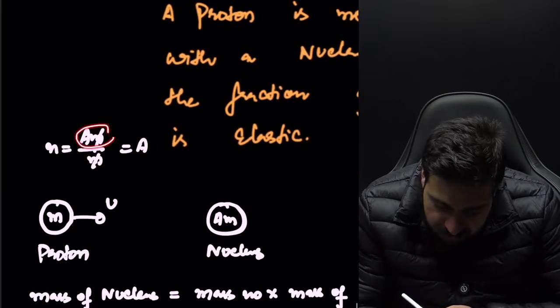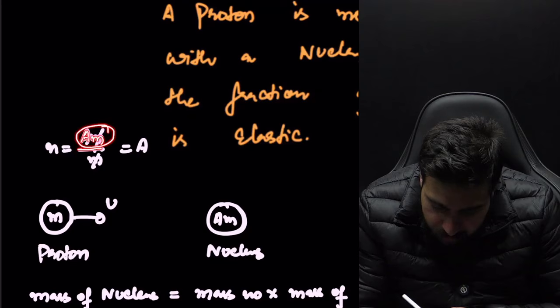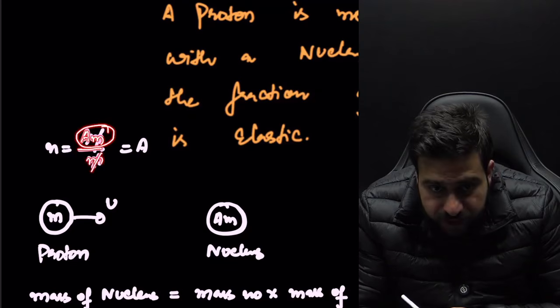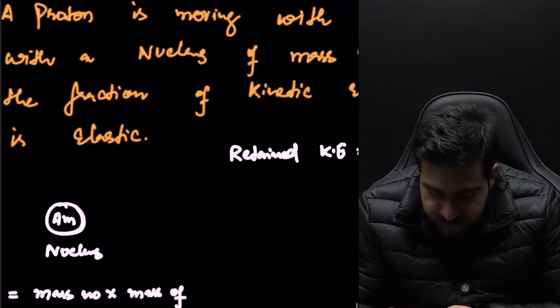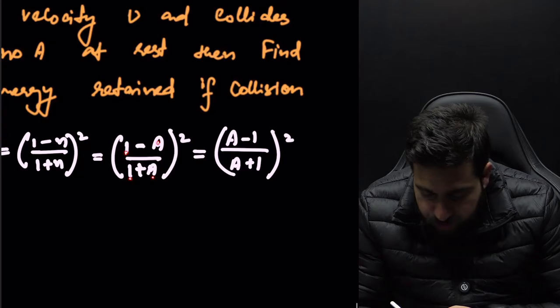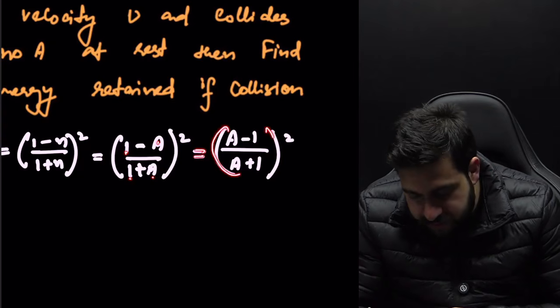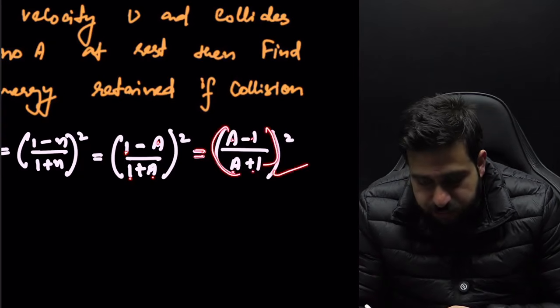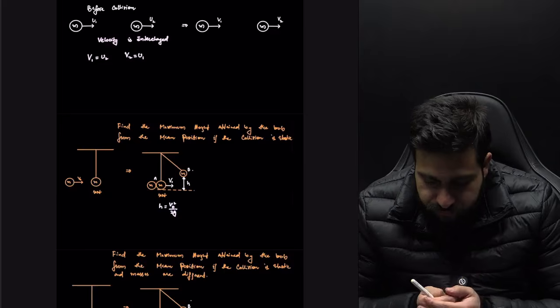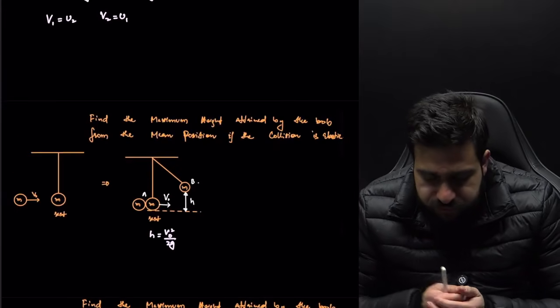N will be the bigger mass, A into M upon the smaller mass, that is M. M and M will cancel, so it is A. So 1 minus A upon 1 plus A, whole square. You can write it like this: A minus 1 upon A plus 1, whole square. Okay. Then I was telling you,